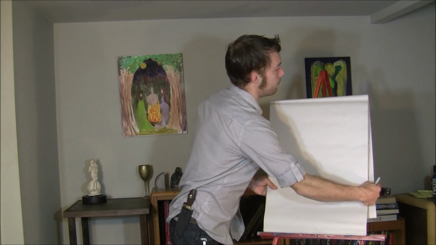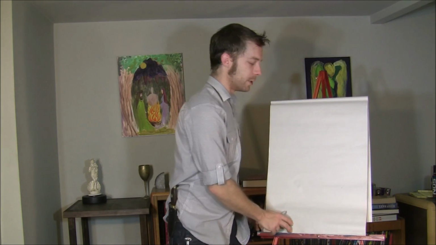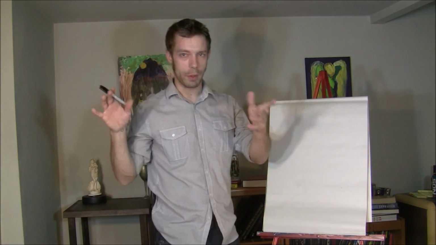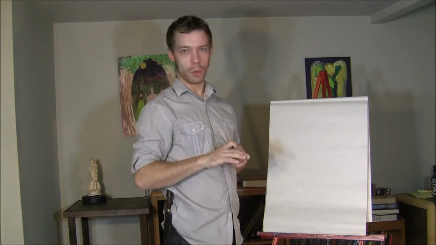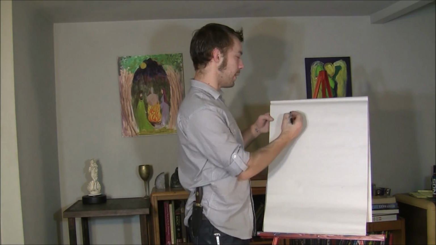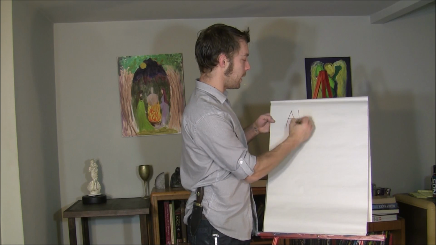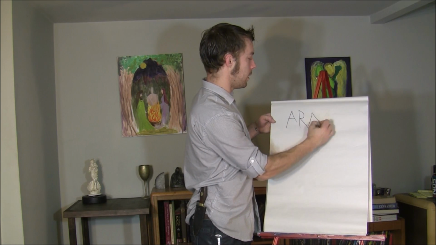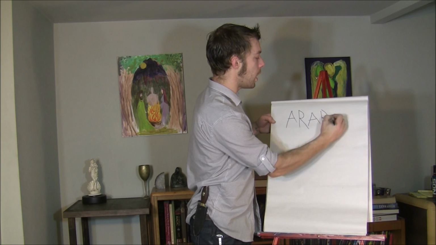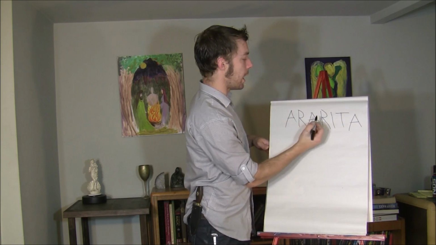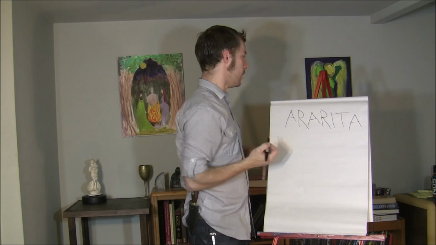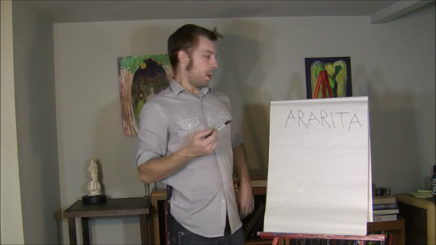Alright, so, you remember in the pentagram ritual we have some cool little god names that we say at the quarters to charge the pentagrams. With the hexagram ritual, we just have one that we repeat with each hexagram. And it is Ararita. A-R-A-R-I-T-A. Now, what does that mean?